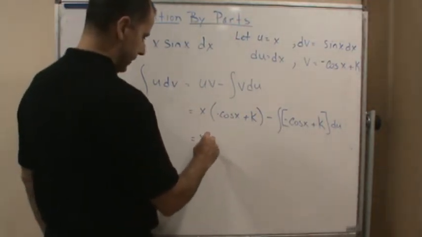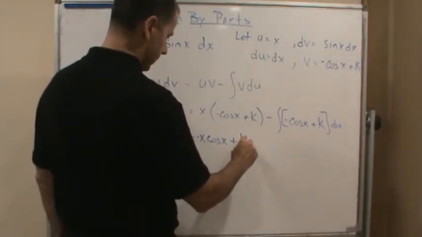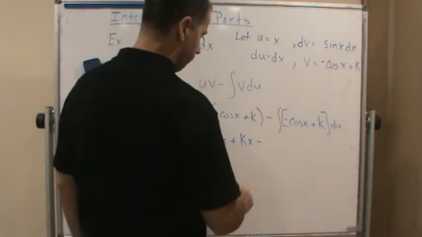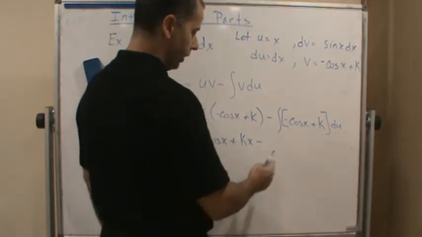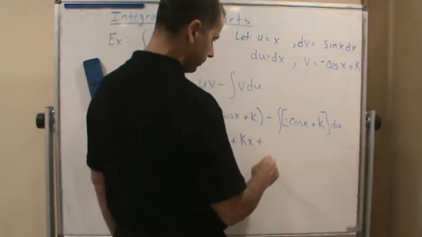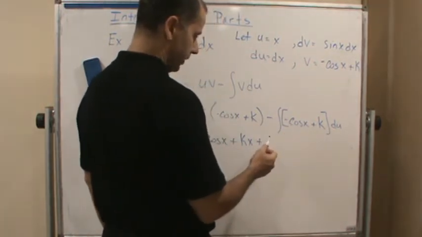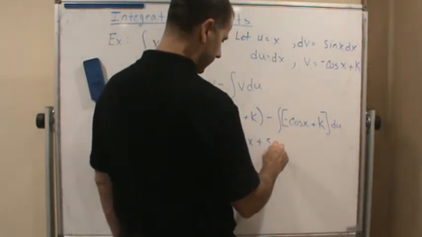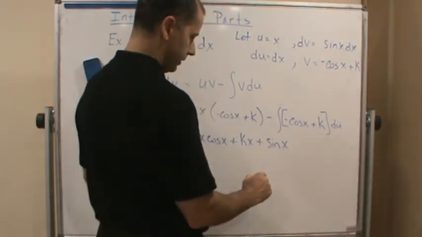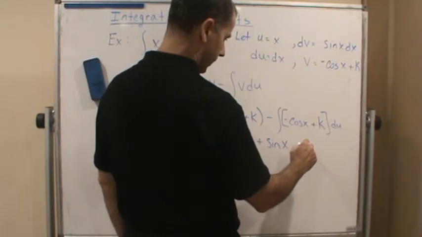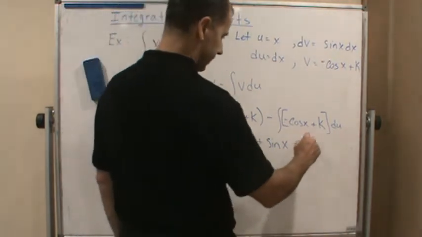So I'm going to get negative x cosine x plus kx. And then what's going to happen here is I'm going to take the integral of this, and what do I get? I get plus the integral of this piece here, which is just going to give me sine x, right? And then this is going to give me plus or minus kx,